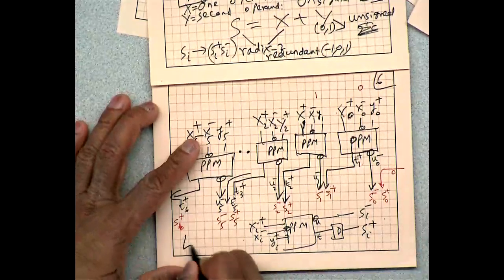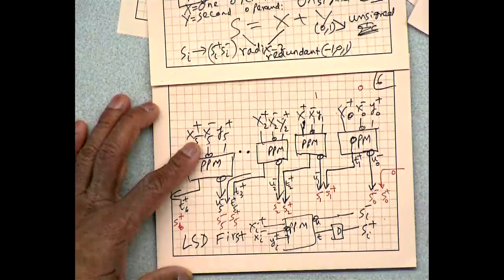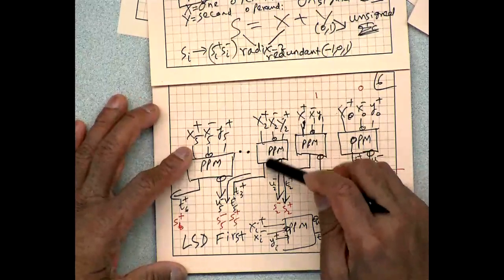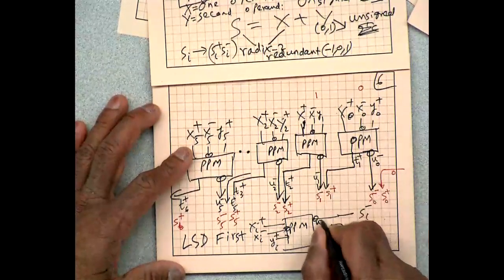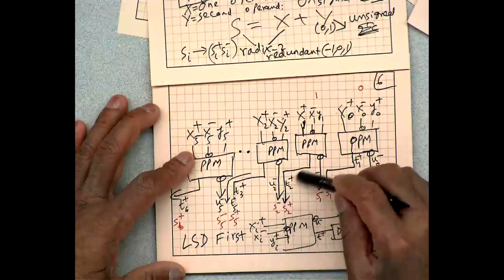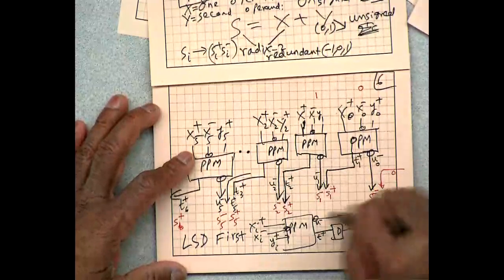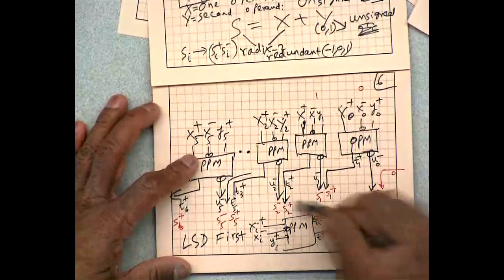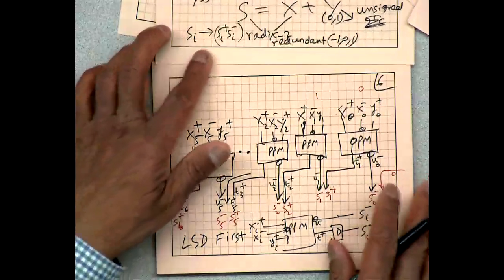So that's called the LSD first, least significant digit first. In clock cycle 2, I compute u2 minus, well, I could say u minus, it's okay, t plus, in clock cycle 2, and the transfer that was computed in clock cycle 1 is stored, delayed for 1 cycle, and becomes available in clock cycle 2, and that becomes S2 plus. So that's how we can implement this in LSD first.